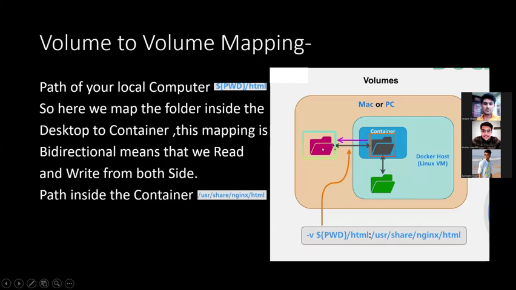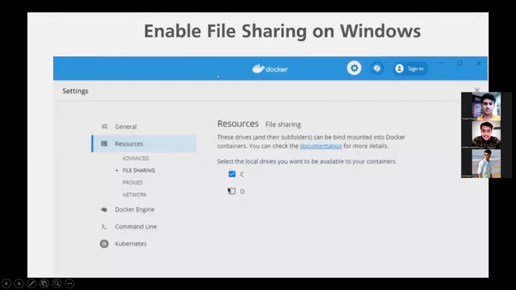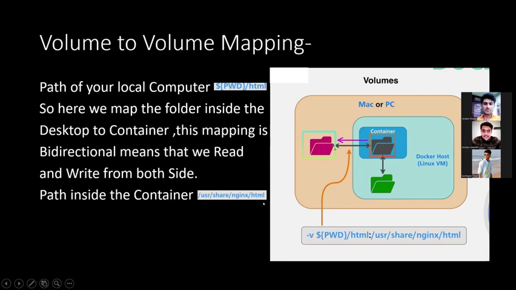अगर हम कोई पर्टिकुलर फोल्डर को कंटेनर से मैप कर देते हैं, तो जैसे nginx में, अगर आपको nginx की html फाइल चेंज करनी है, तो आप कंटेनर में जाके चेंज करो, चाहे आपके मेन डेस्कटॉप से चेंज करो, दोनों जगह वो चेंज परफॉर्म होगा, इसीलिए वो बाई डायरेक्शनल है। ओके सो जस्ट मूव फॉरवर्ड।